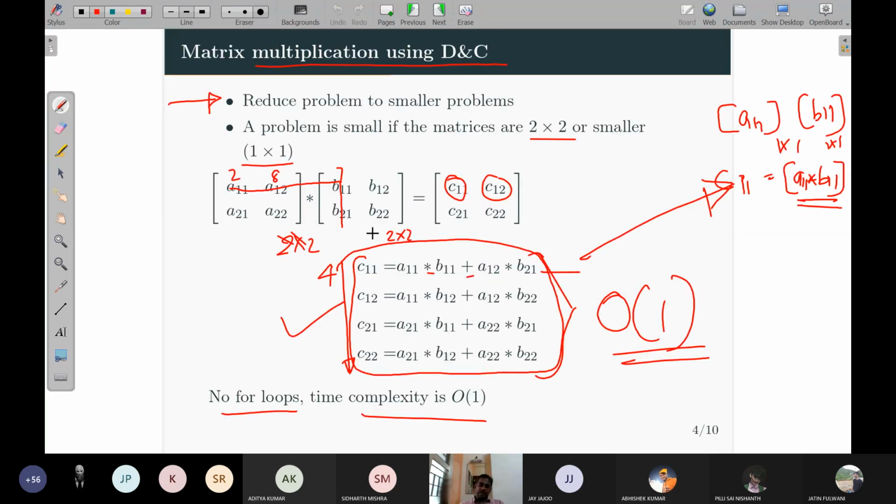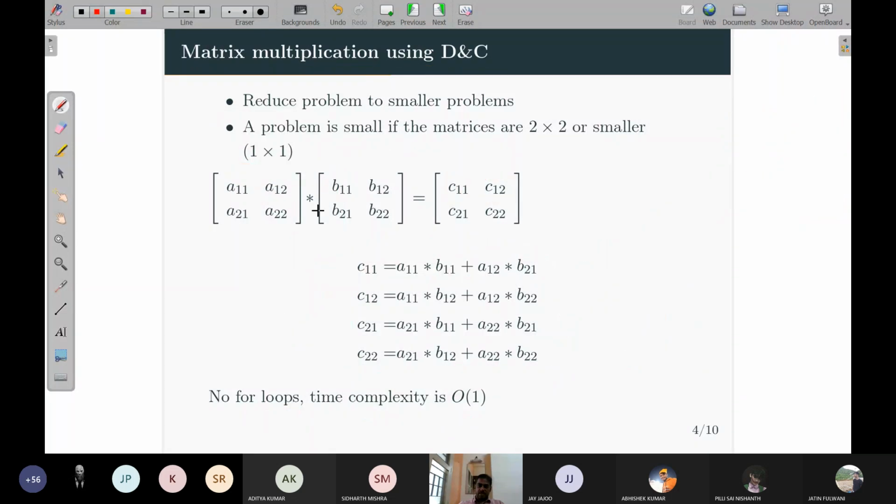Okay. Then we will come to Strassen's multiplication algorithm. Here, divide and conquer strategy, you can see what the requirements are. Divide and conquer means you have to reduce the problem into smaller problems, of course. Up to what extent will you reduce? This question is to be answered before starting the problem.